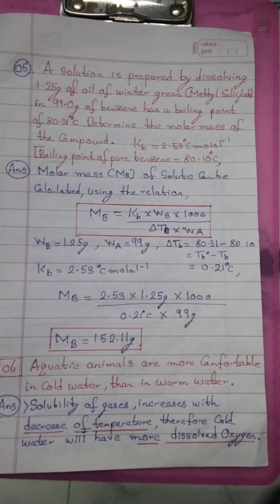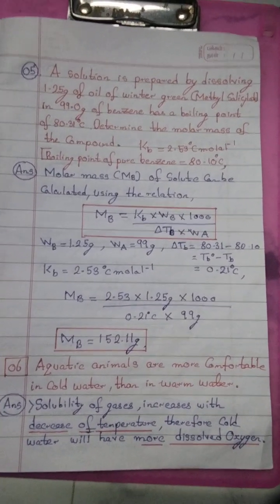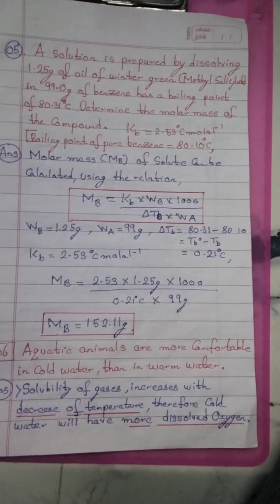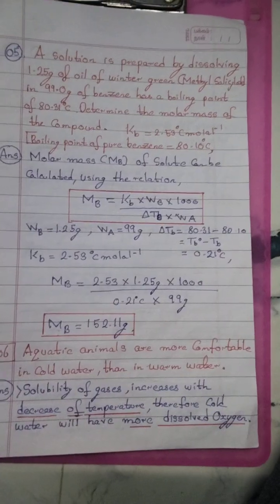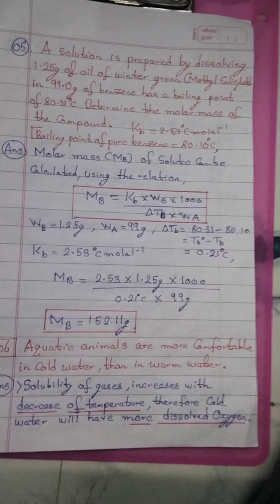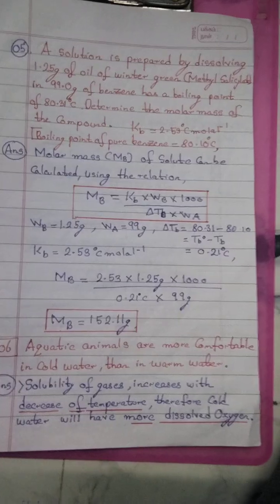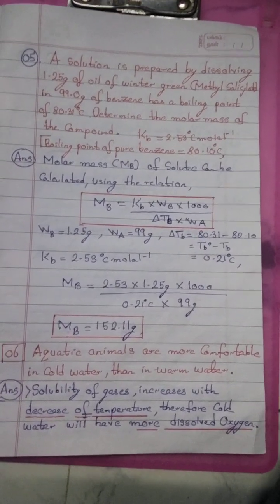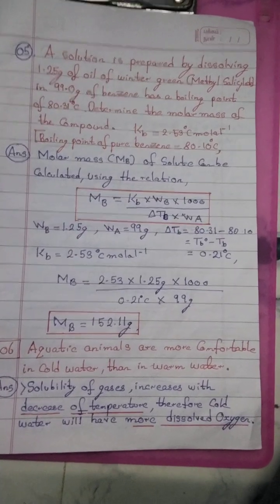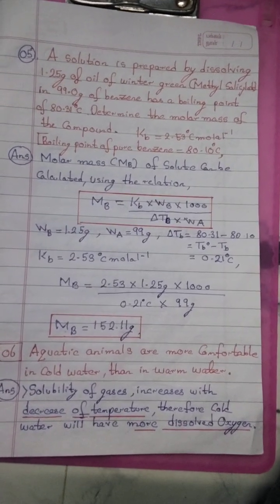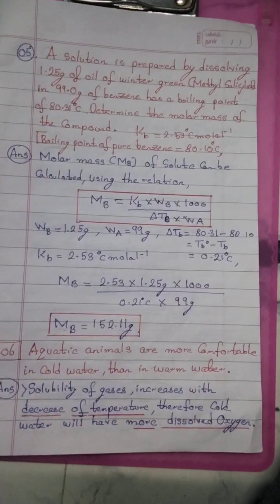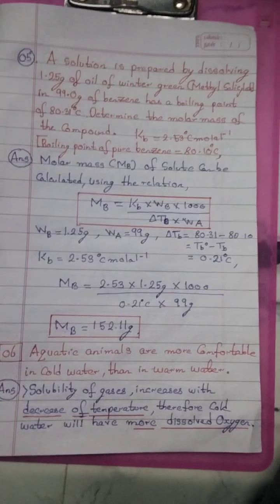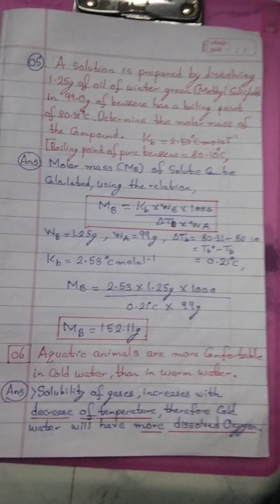So, molar mass of solute can be calculated by the relation Mb equal to Kb into Wb into 1000 divided by delta Tb into Wa. Kb refers to the ebullioscopic constant or boiling point constant, delta Tb is the elevation of boiling point, 80.31 minus 80.10, and Wa is the weight of the solvent. So Wb, the weight of the solute is